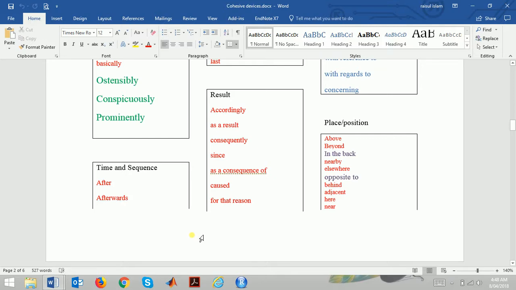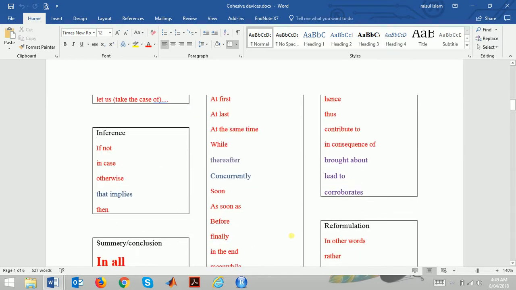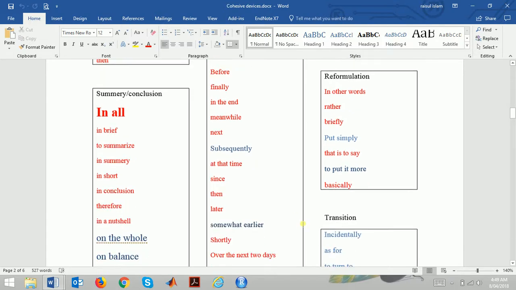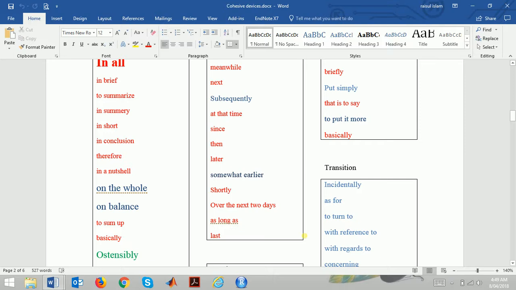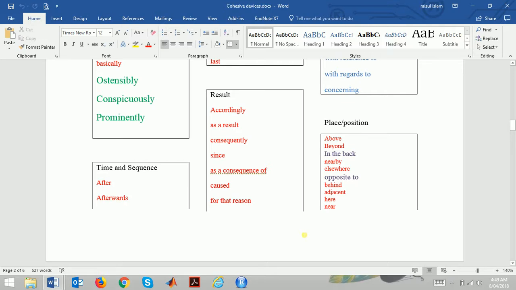Times, or changing with time: after, afterwards, at first, at last, at the same time, while, thereafter, concurrently, as soon as, before, finally, in the end, meanwhile, next, subsequently, at that time, since, then, later, somewhat earlier, shortly, over the next 2 days, as long as, last. When we are focusing on results: